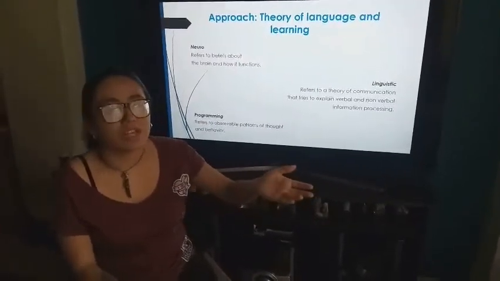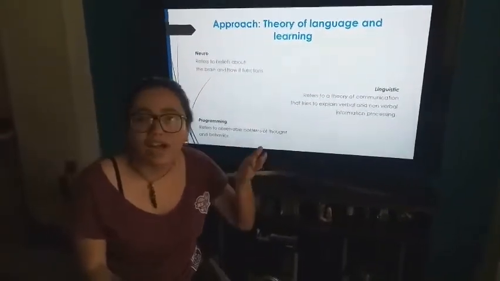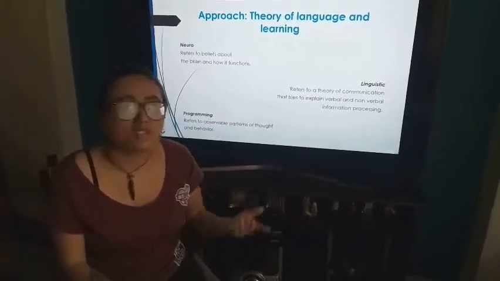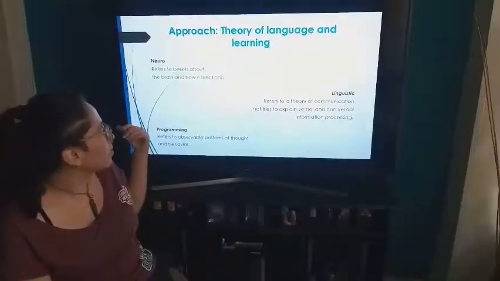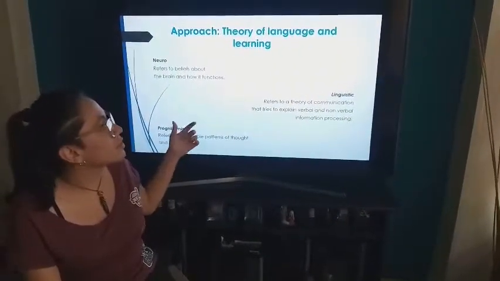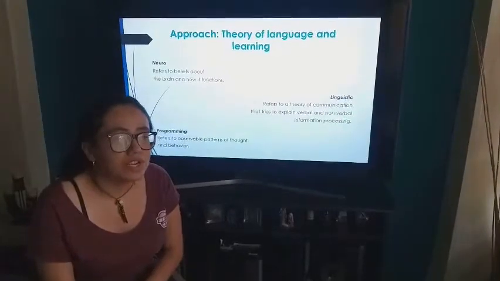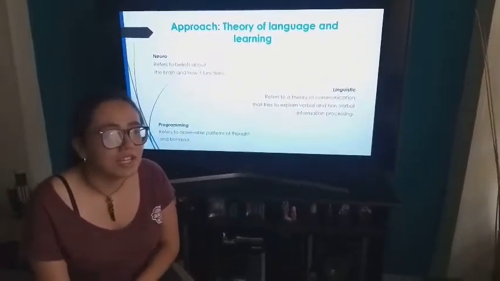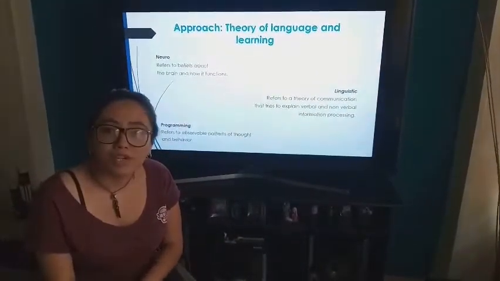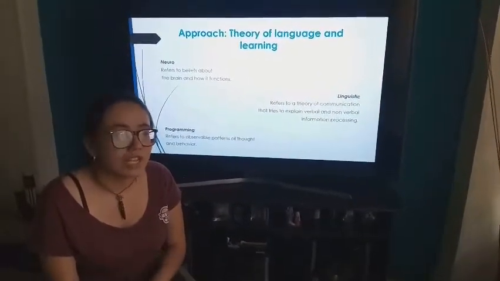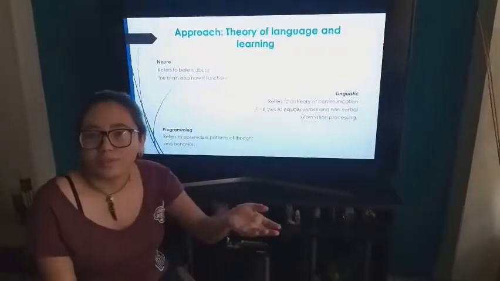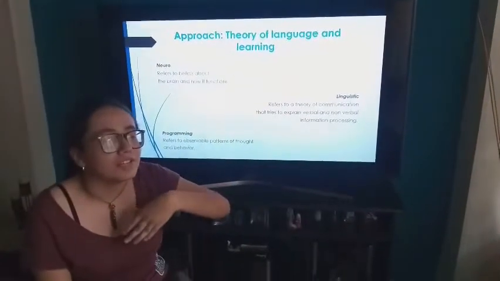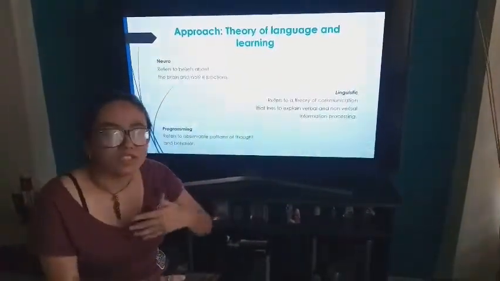So, for example, you say the blue sky or the very beautiful house, and you're able to do that thanks to the linguistic part of your brain. The programming in the neurolinguistic programming method has to do with the training we do to ourselves to think, act, and speak, so we can find new and positive ways to release our potential, and that can also help other people to be as good as we are, and we can interact better and have a good communication exchange.